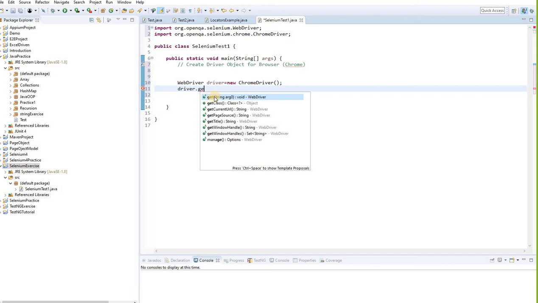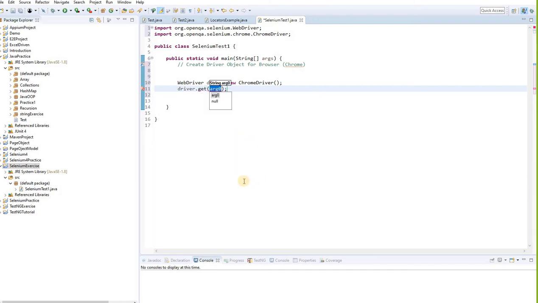Now you have to know, as I said, what the method does. The get method helps you to launch the URL. So what's your URL? Since it expects an argument, it means you are passing the data. It expects you to pass some data which is string type. So if you want to pass any data as a string, you have to put the data between these two